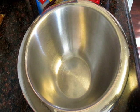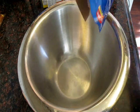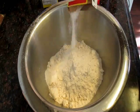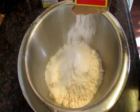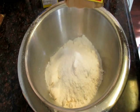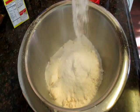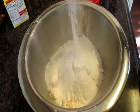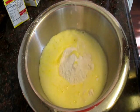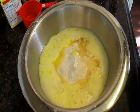Now while the oven's warming up on 325, you want to go ahead and add your 1 box of yellow cake mix, 4 ounces of instant lemon pudding. My supermarket didn't have the 4 ounces, so I'm going to add a 3-ounce one and add just a little bit of another box. Your 3/4 of a cup of 7-Up, your 3/4 of a cup of vegetable oil, and